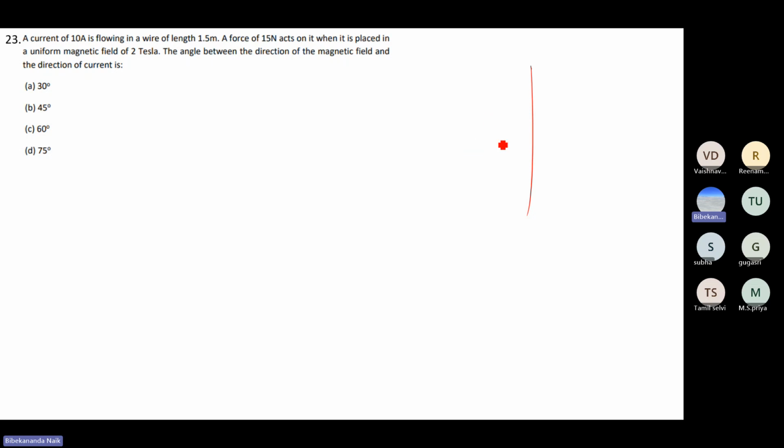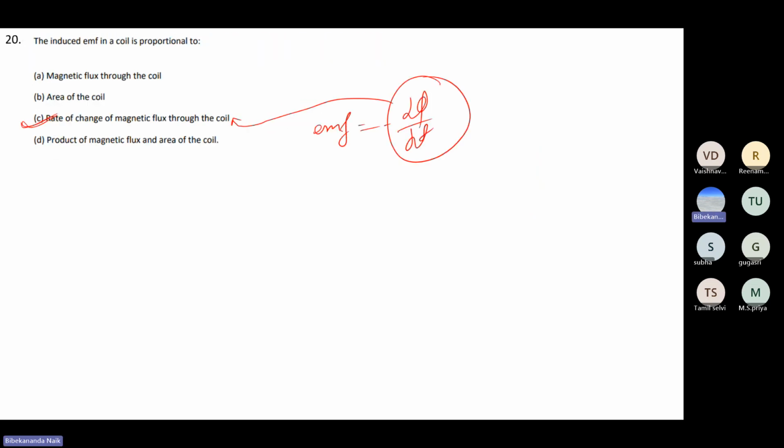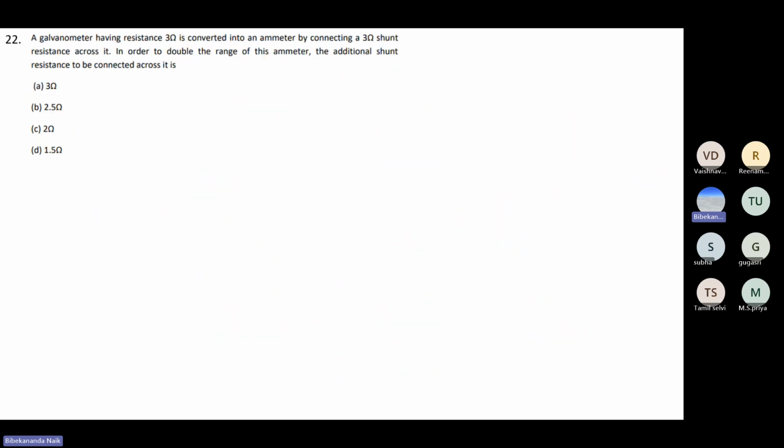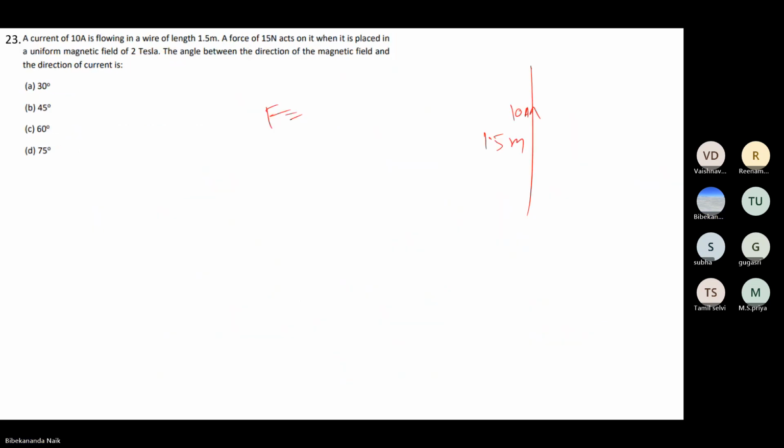The length of the wire is 1.5 meter and the current flowing in the wire is 10 ampere. We had already discussed the force per unit length of the wire. So when you consider the force acting on the wire, since it is placed in a magnetic field,